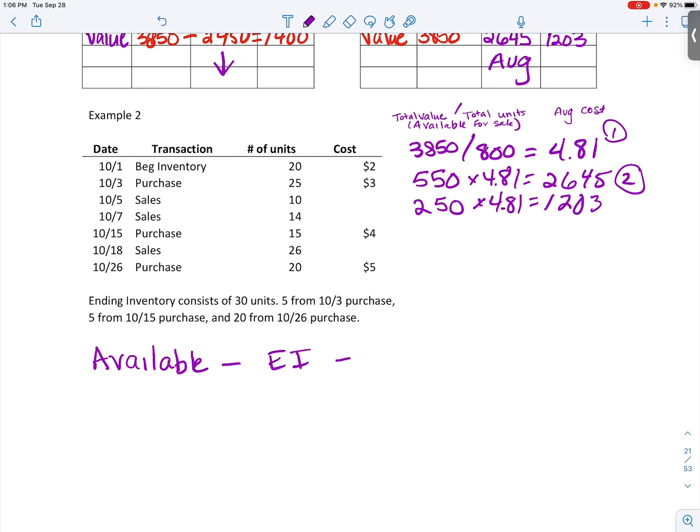Subtract out your ending inventory to get that cost of goods sold. So let's find beginning inventory, and all of our purchases will tell us what's available for sale, which is 80 units. I can go through and count my ending inventory if I want, but it also tells me